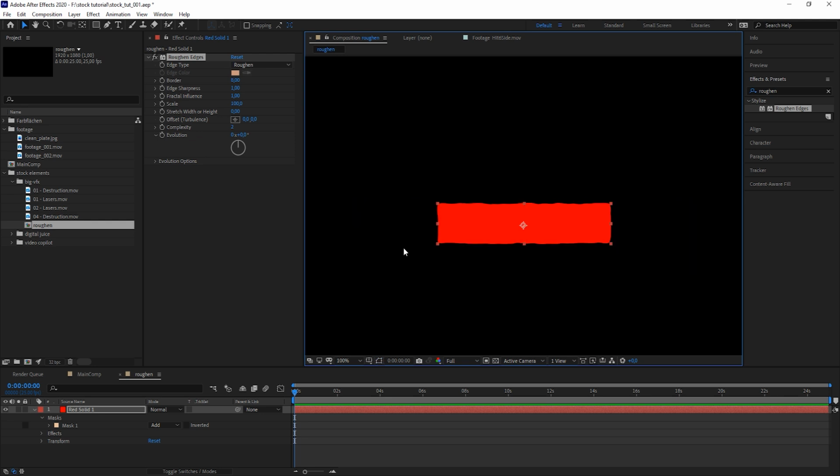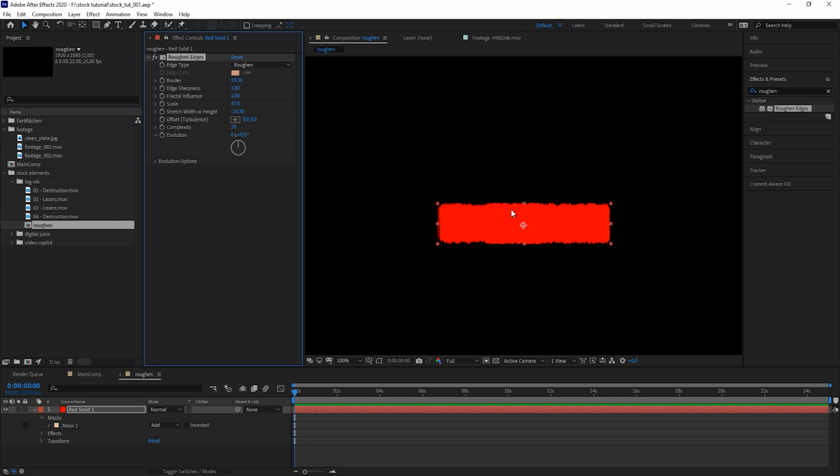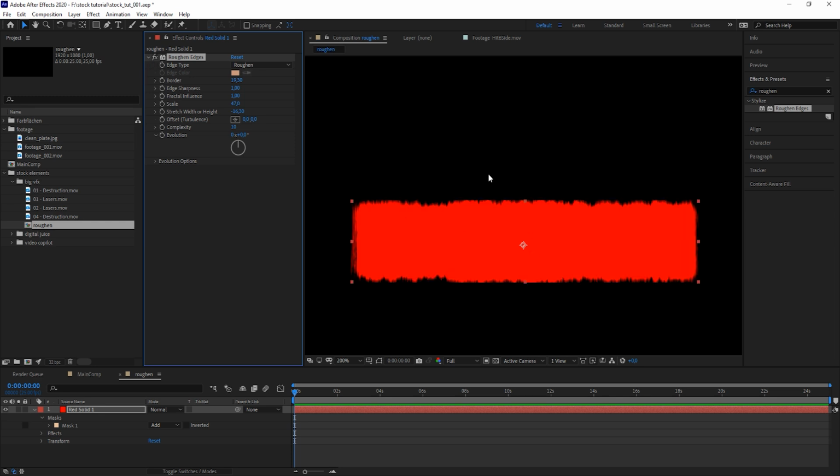So let's hide it for now. And you can increase the border and scale it up or down. And then we stretch it. So when we stretch it positive, it stretches horizontally. And when we go in the other direction, it stretches vertically. And also we can play with the complexity. And you see, this looks way more like a grass border than without, because we have created all those fine